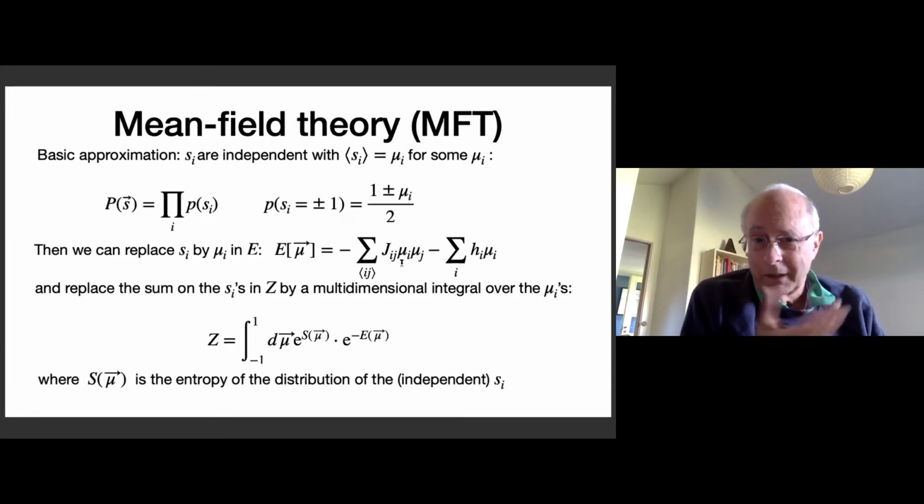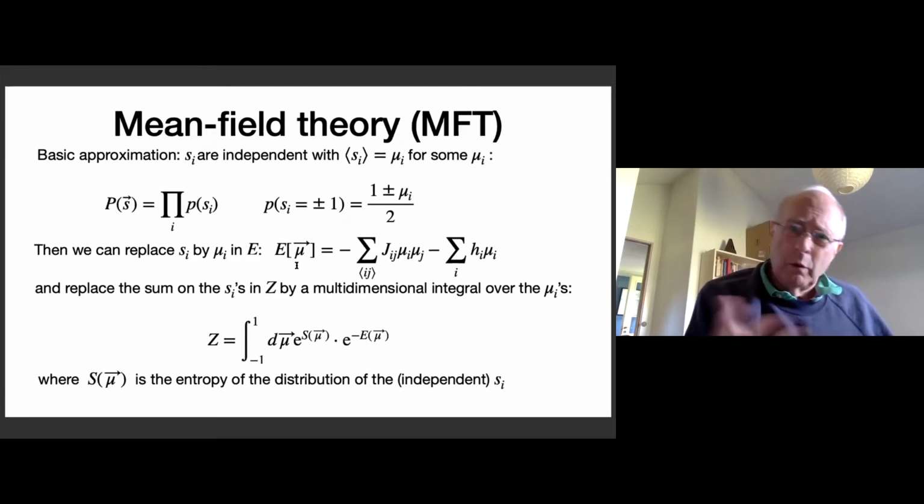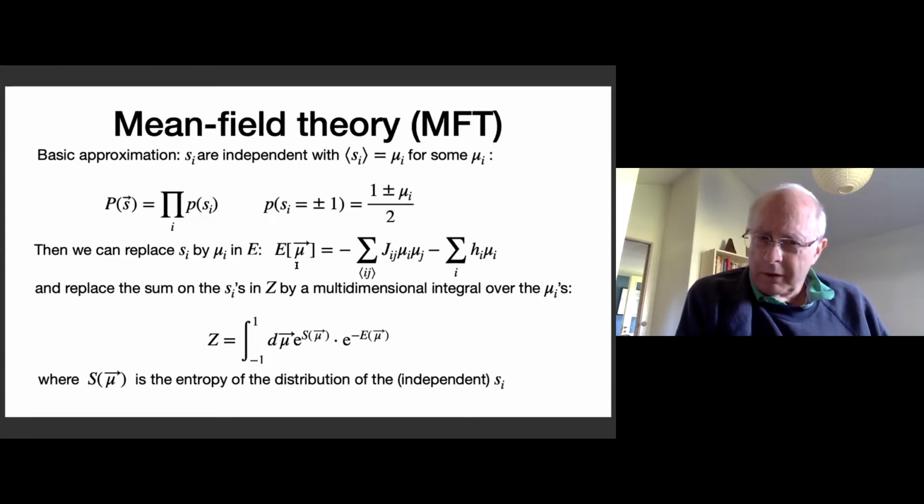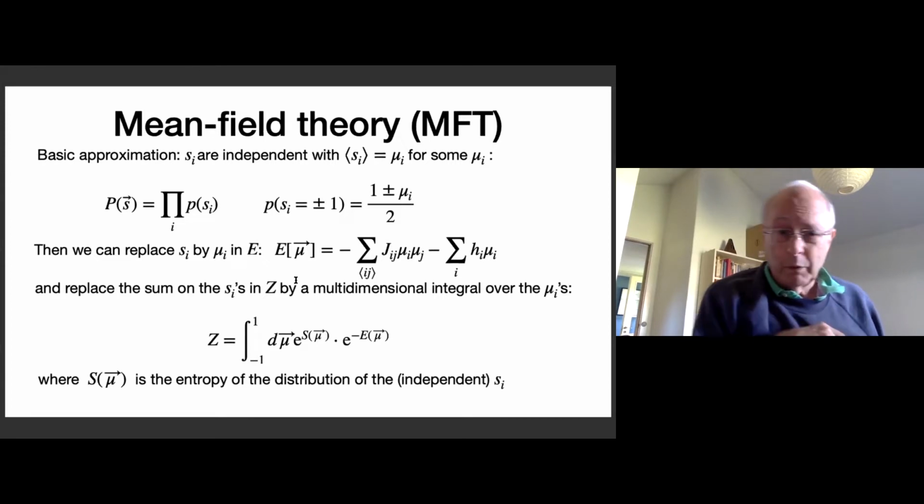So we just write the energy replacing the sigmas by the mu's. And that's going to be true for any set of mu's. But which mu's should we choose? Well, to evaluate the partition function, we needed to sum over all the sigmas, all the S's, plus or minus 1,